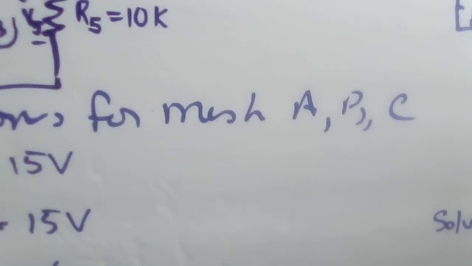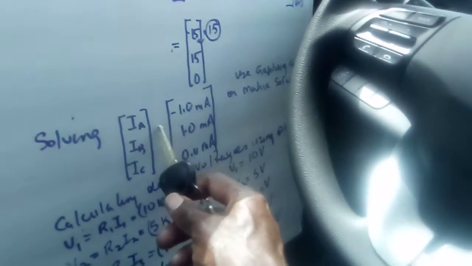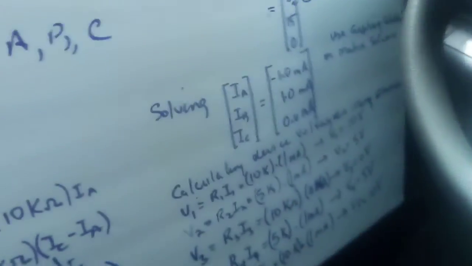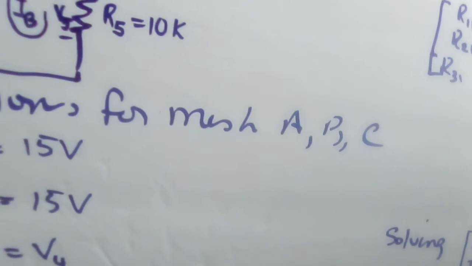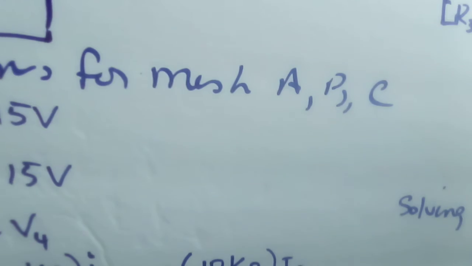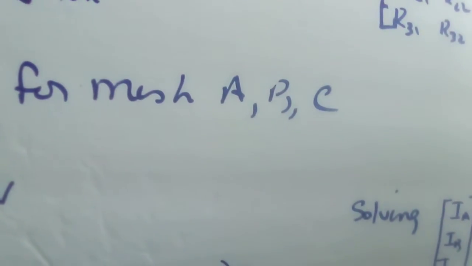And we get now minus 1.0 milliamps, 1.0 milliamps, and 0 milliamps. We could also use a graphing calculator or matrix software and do the solving. And we calculate the device